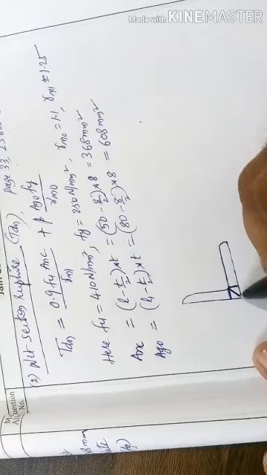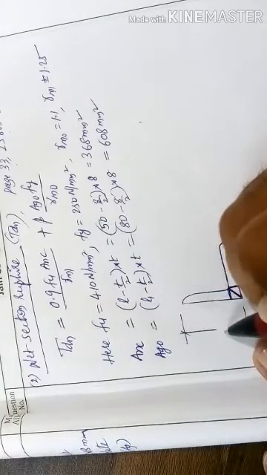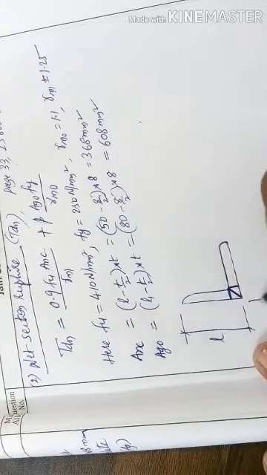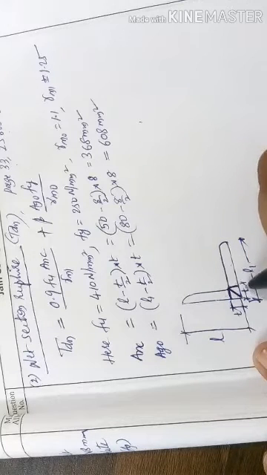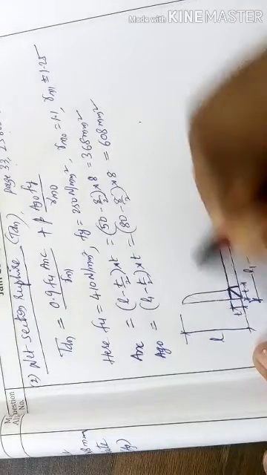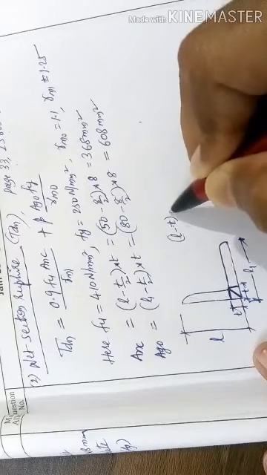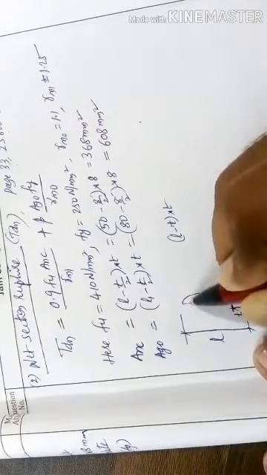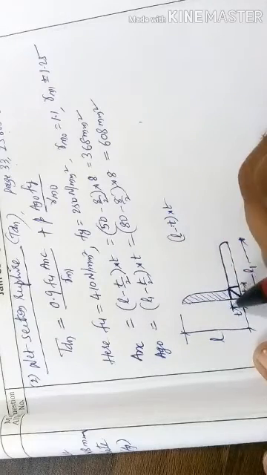So just draw this corner like this, then mark this as L, and this is L1. Okay, and what is this thickness? This is T, and this also T. Okay, so if I want to get the area of this leg, how can I get it? L minus T into T, means up to here I get L minus T, this area I get (L minus T) into T,